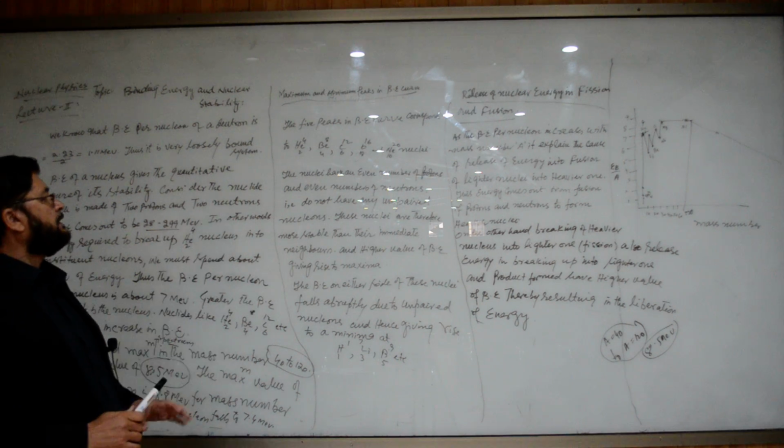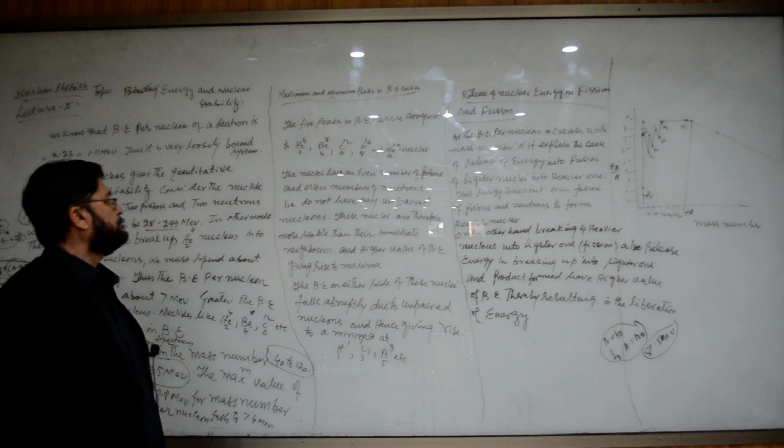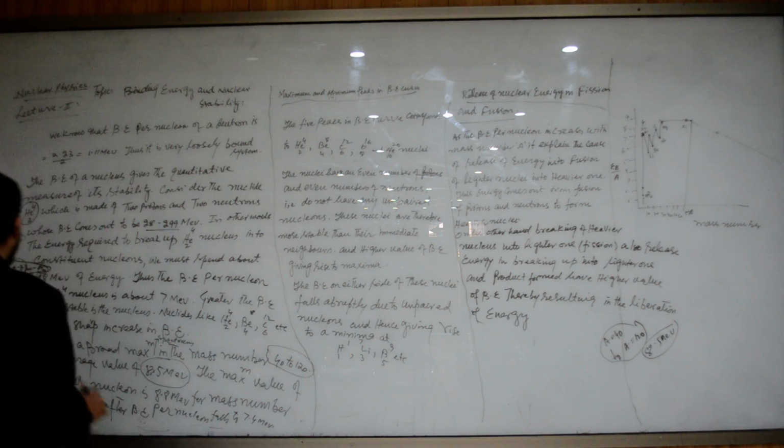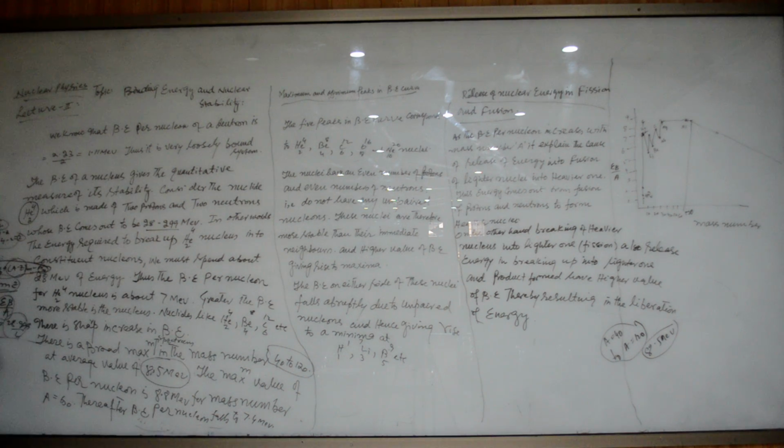If you see He-4, the proton number is 2, which is even, and the neutron number is also even, 2. Similarly, in beryllium, there are 4 protons and 4 neutrons. And in carbon, there are 6 protons and